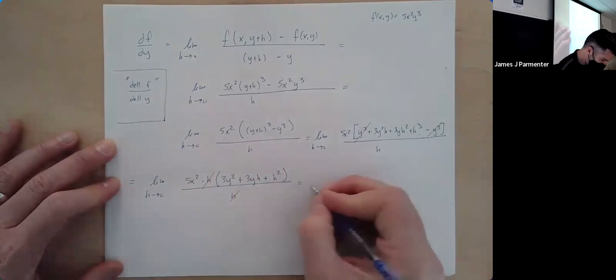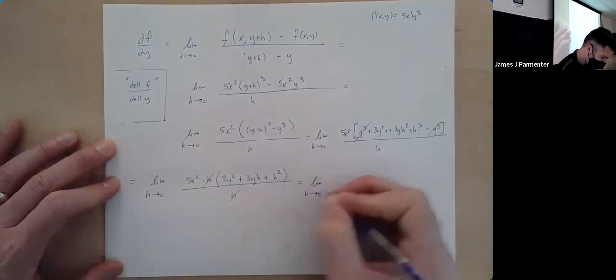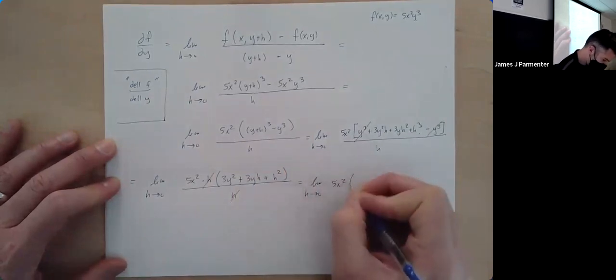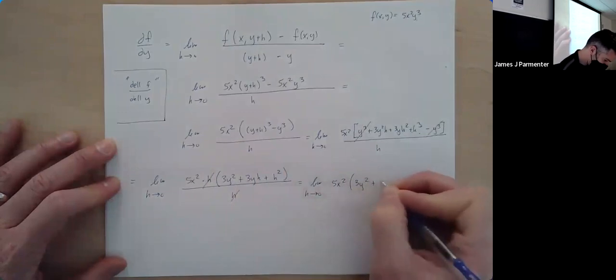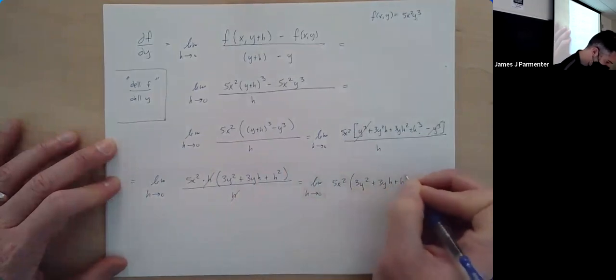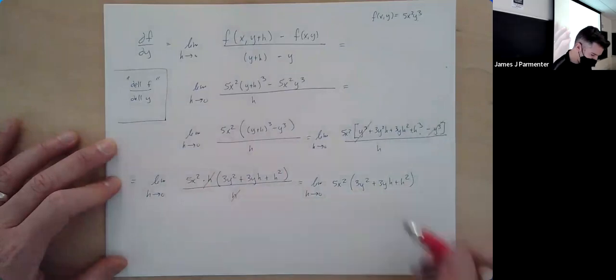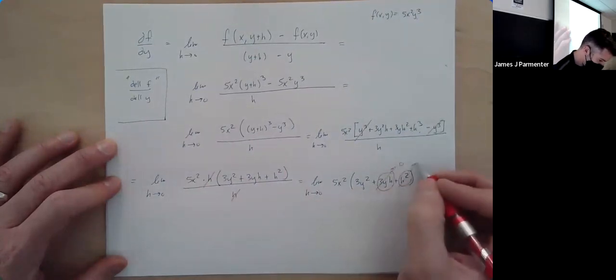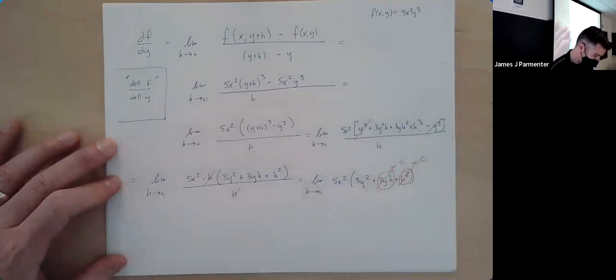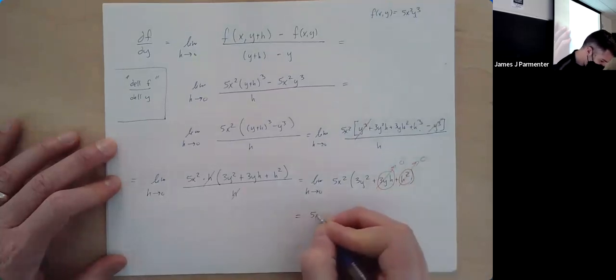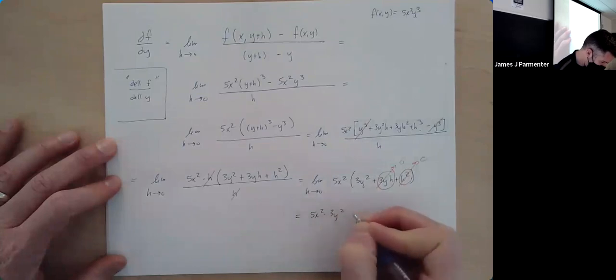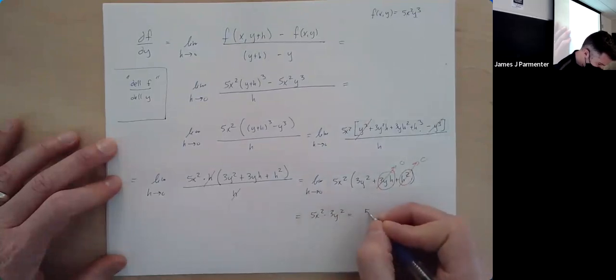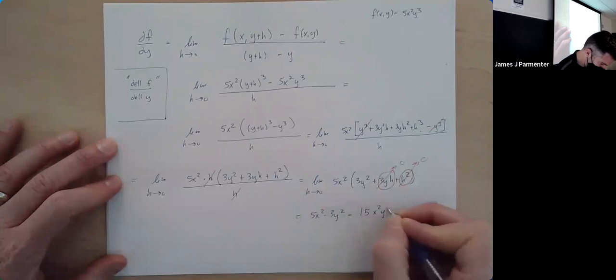So we're now left with the limit as h goes to 0 of 5x squared times 3y squared plus 3y h plus h squared. And all the things with remaining h's in them, those are going to go to 0 because h is going to 0. So we're left with 5x squared times 3y squared, or as I would probably simplify it, 15x squared y squared,